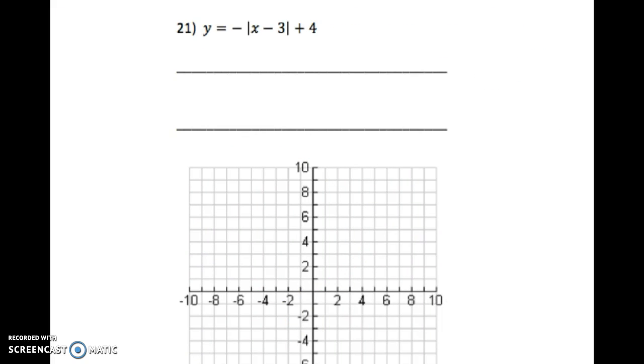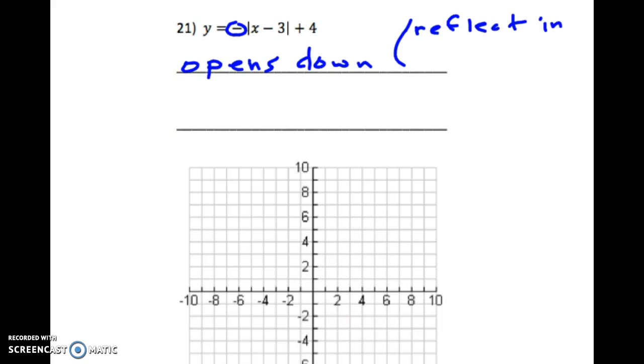Let's take a look again. Let's start with that minus out front. That indicates in this case this one's going to open down. Once again, we're going to use the proper mathematical terms. We're going to reflect in the x-axis. Minus 3, remember, going opposite, so minus would normally be to the left, but the minus 3 means we're going to go to the right 3,